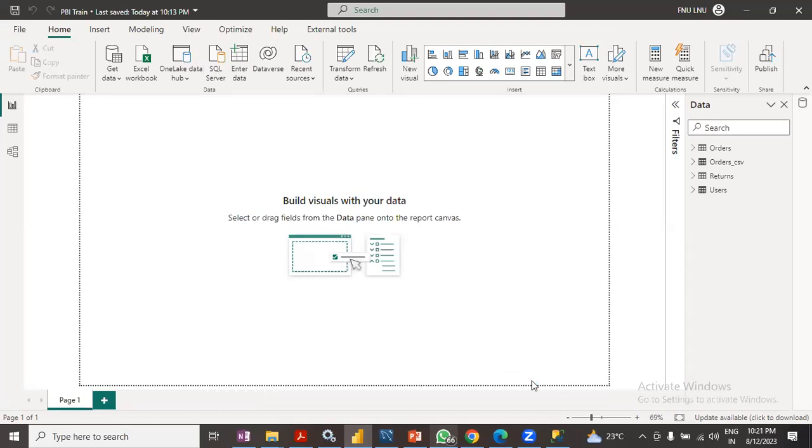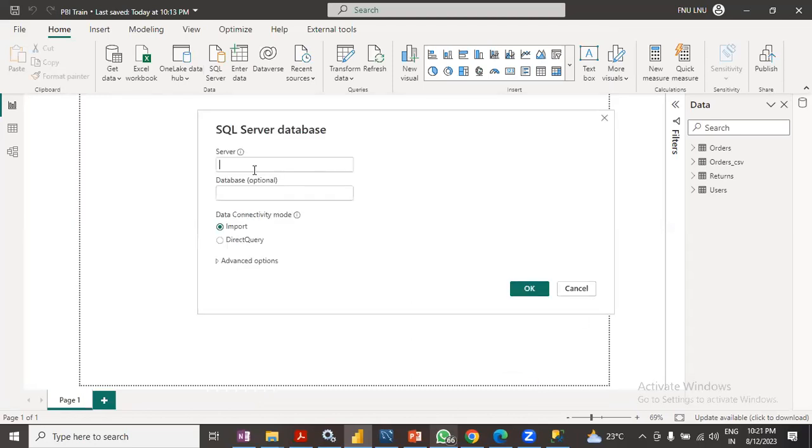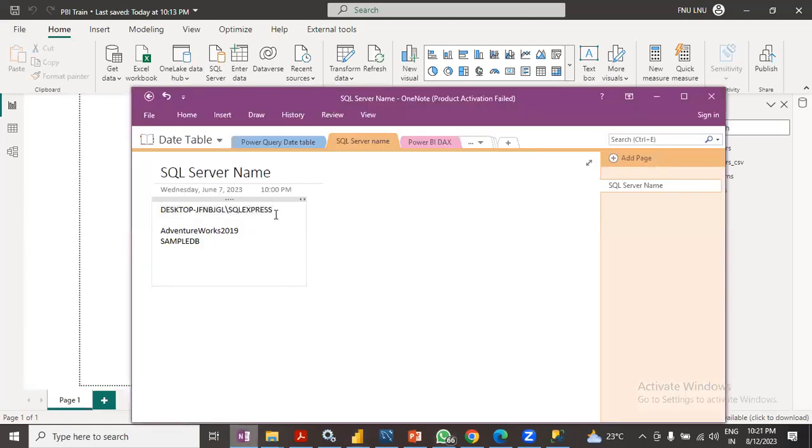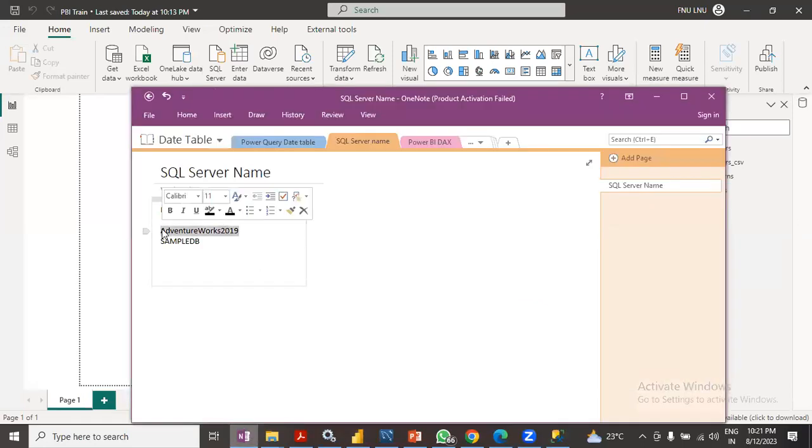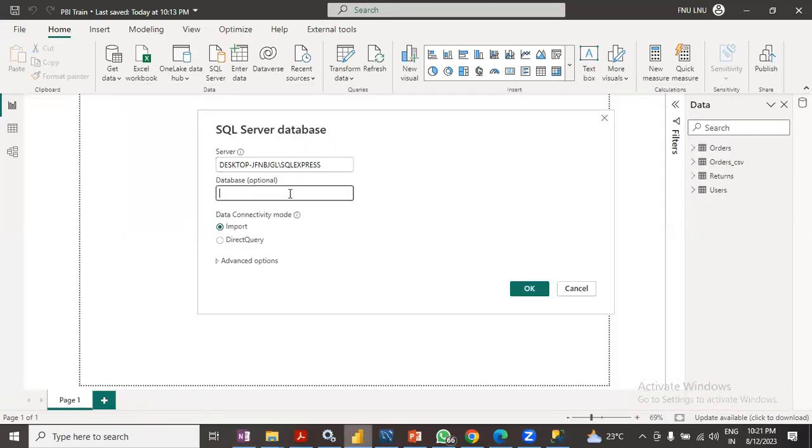And once you click on that, you'll be asked to enter the server name. And let me enter the server name. This server name will be specific to my computer. This is the server name which I'm copying and pasting here. And if I want a particular database, I can paste that as well. Let's say I want to use AdventureWorks 2019, then I can simply copy this, or I can individually write it here, Control V. And if I press OK,